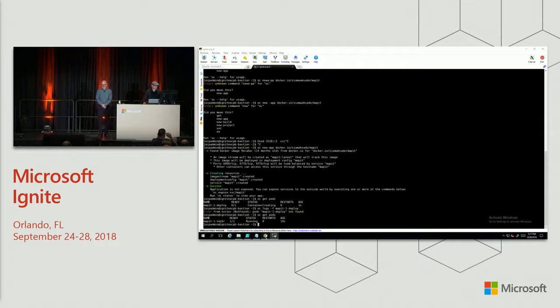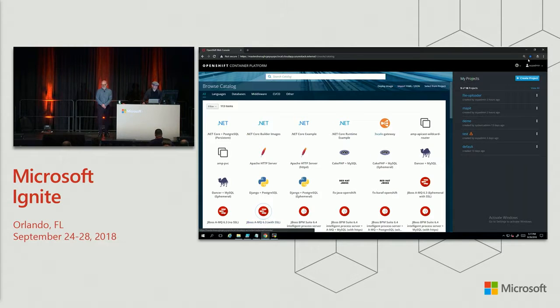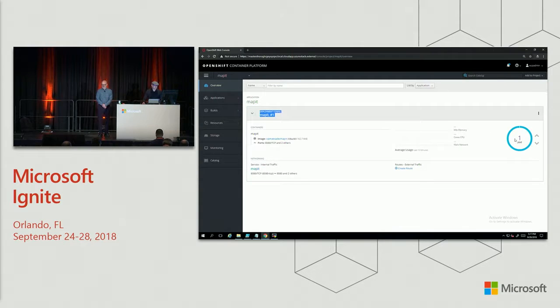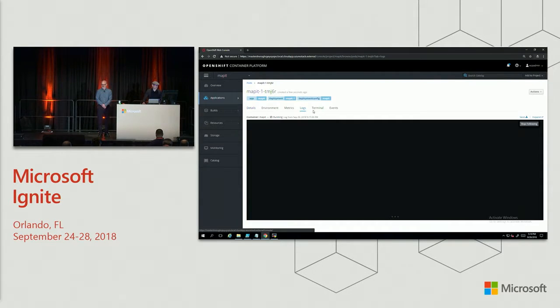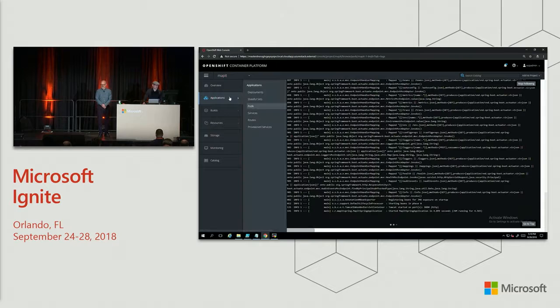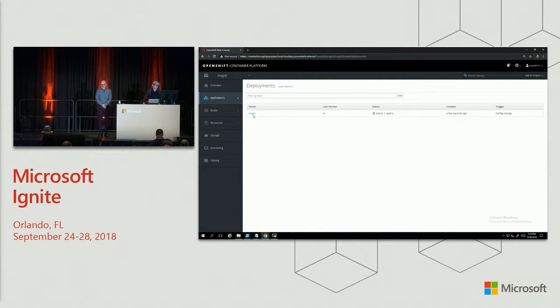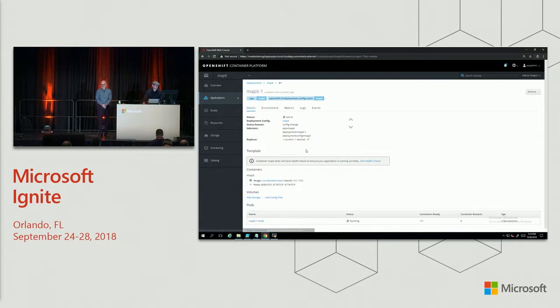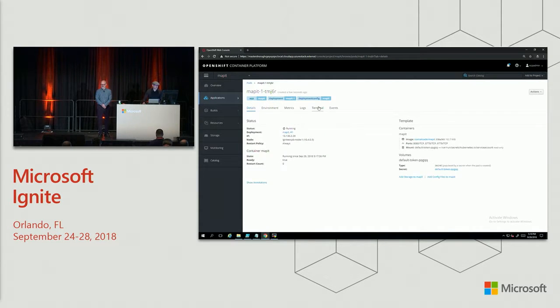All right, so that pod actually deployed really incredibly fast. Let's go ahead and take a look at it. So the pod's actually already up and it's already live. If we look at the logs, we can see actually what it's doing. If we look at the deployments of it, let's bring up the latest deployment. And then obviously you can get into the